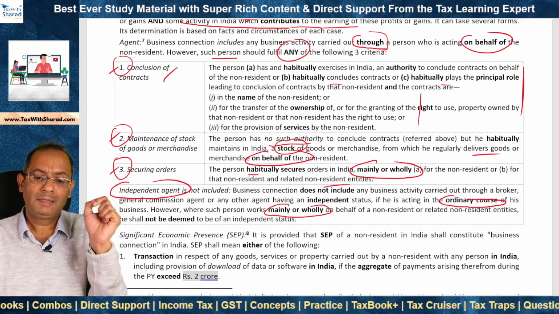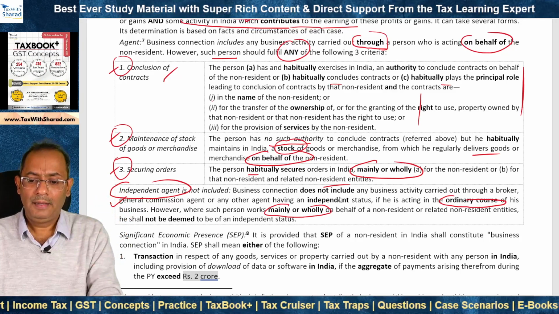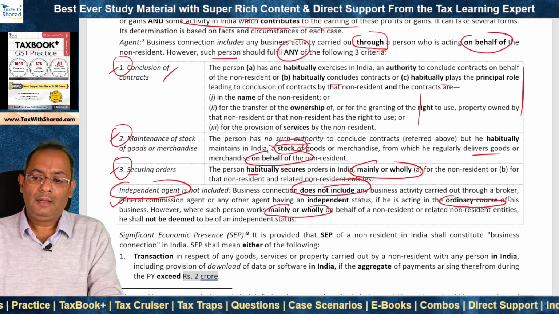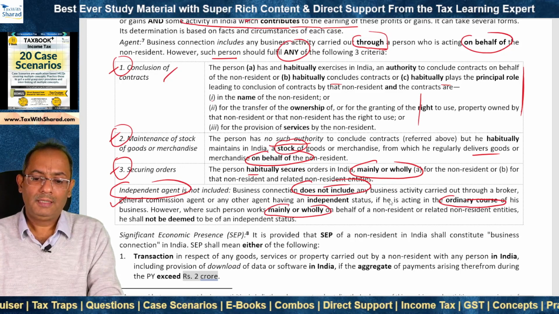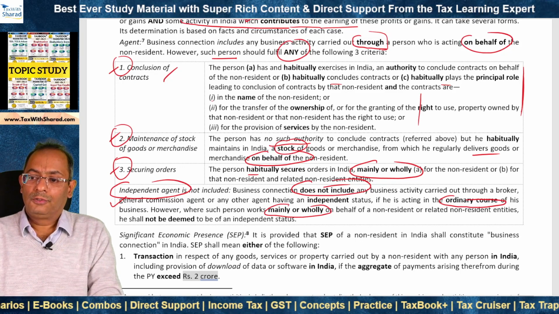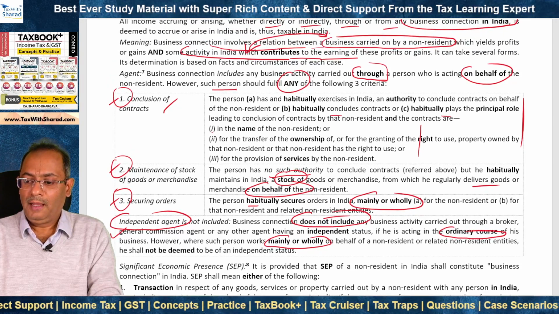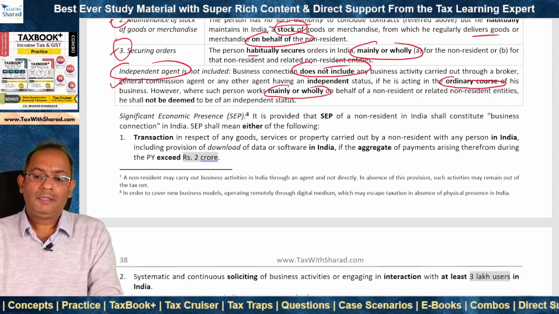If that be the case, then it cannot be said that a business connection arises, right? So business connection does not include any business activity carried out through a broker, general commission agent, or any other agent who is having an independent status. So either there is a business connection on account of the non-resident directly carrying on a business in India, or through an agent. There is a third situation also,